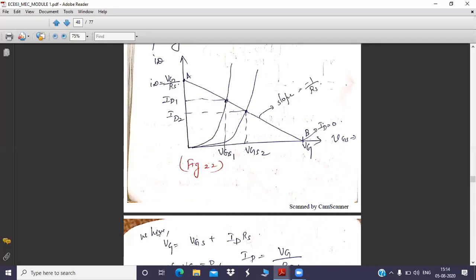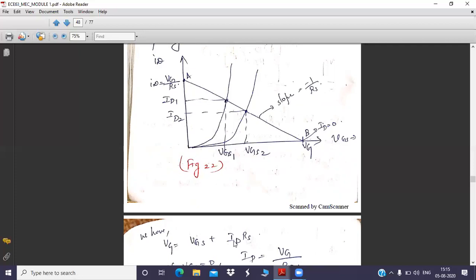You are finding the x-axis because you are finding B. B lies in the x-axis. In the x-axis, you are plotting VGS, so we are trying to find VGS only. For that, the y-axis needs to be 0. So which parameter is plotted in the y-axis? Is it IDRS, sir? It is ID. Not IDRS. In the y-axis, we are plotting ID. So ID should be 0. If ID is 0, anything multiplied by 0 would be 0, no, sir?